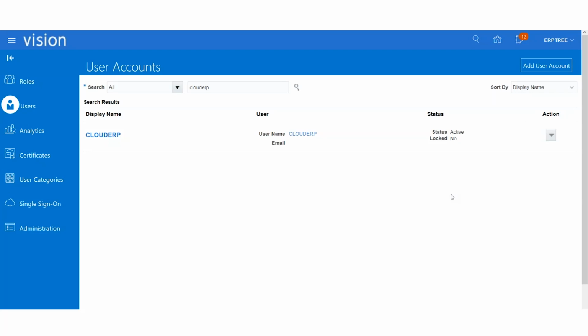Whatever SSO you have in your company, you can map the same with the Fusion instance. You mean any Microsoft thing and any other SSO we can integrate? Yes, anything you can integrate, to have a real feeling of single sign-on.